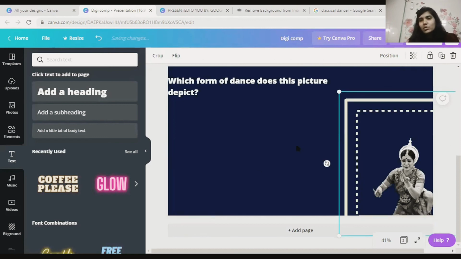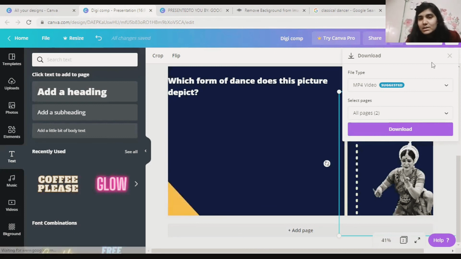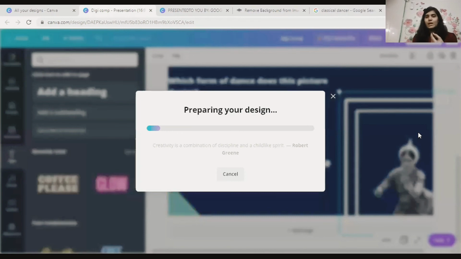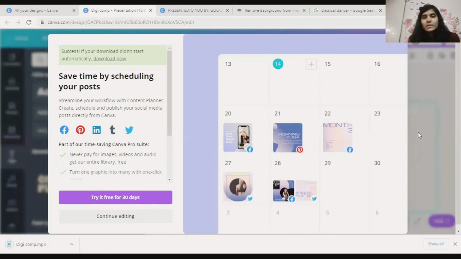I'll just click on download from here. I'll download it in MP4 video format. I'll repeat it again: I am downloading it in MP4 video format because it will look better in that format. You can obviously create your own GIFs also, but I think this will be helpful. Also when you're creating educational videos, where you'll be combining voiceovers with the slides, you can use MP4 video format only, because you will be combining all the slides together in InShot, which will be our next video. So I think it's done.